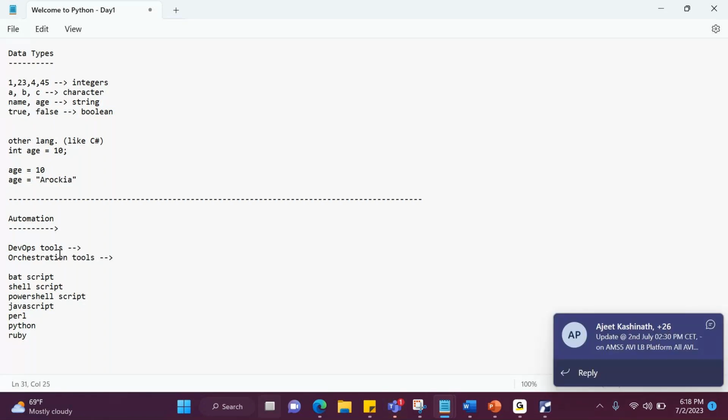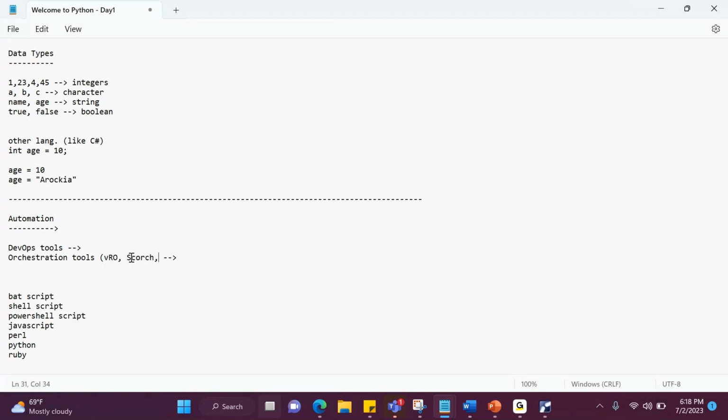Have you used any orchestration before? Orchestration tools, for example, VRO, Sarge, HPOO, BMO. There are a lot of orchestration tools available. If you have orchestration tools, you can make use of the script in the orchestration tools in order to achieve the automation. Okay. In DevOps tools, you can use, say, CD